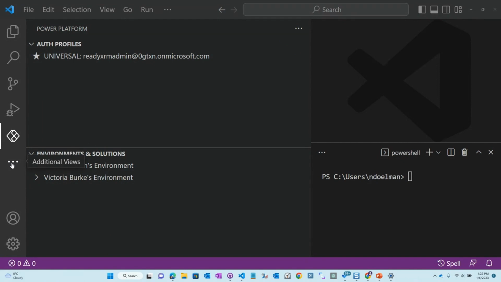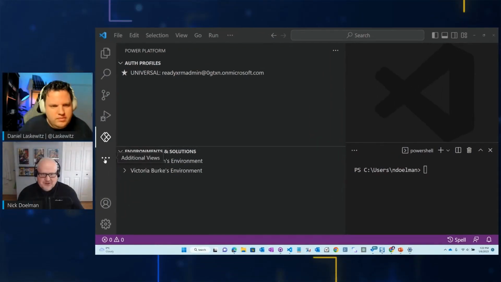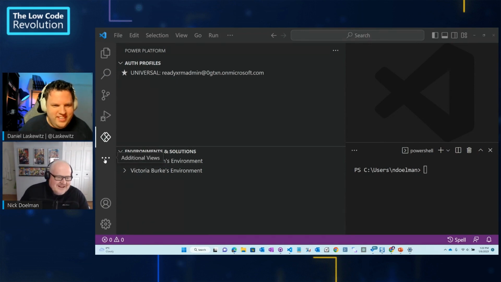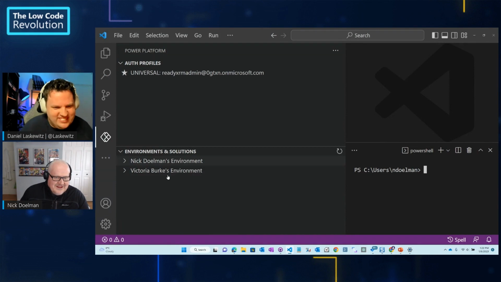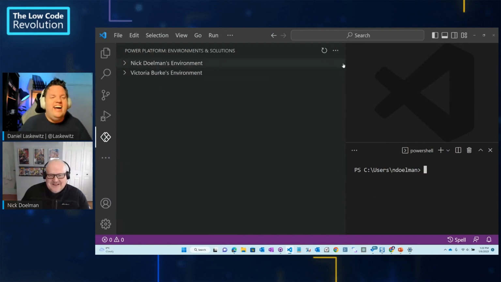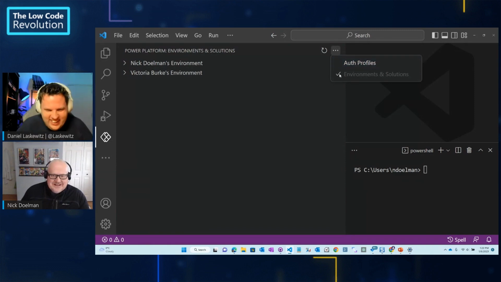Absolutely. And that's very important, because I know a lot of developers might not necessarily be working directly for a customer. They could be working for an integrator. And I think, Daniel, you and I have worked at partners before where we're dealing with sometimes multiple customers, so we need to connect to different environments. Yeah, this list will probably have a scroll bar because of all the customers. Yeah, I actually cleaned it up yesterday to reduce this.